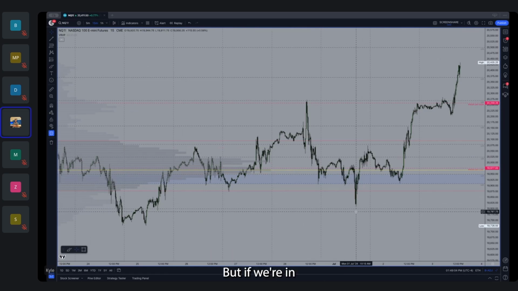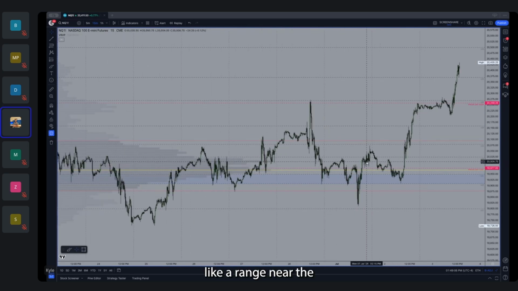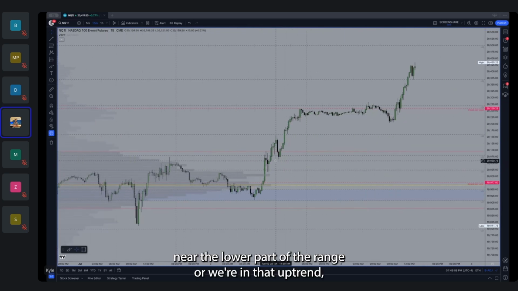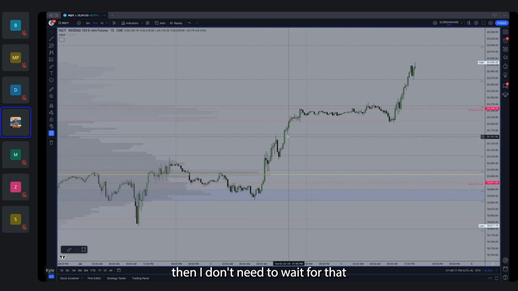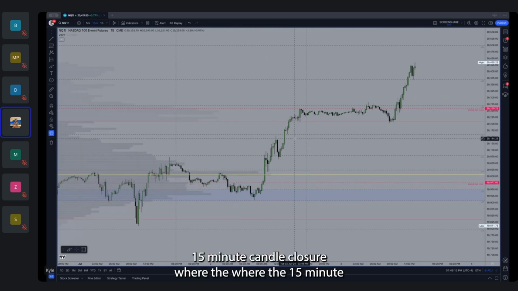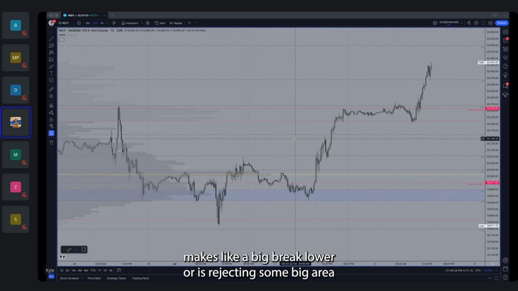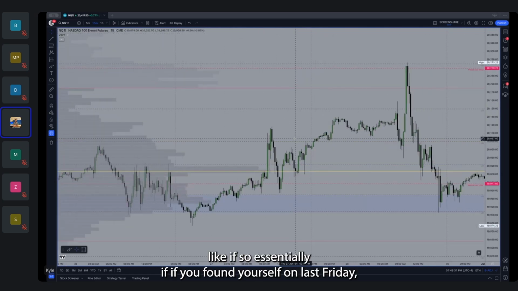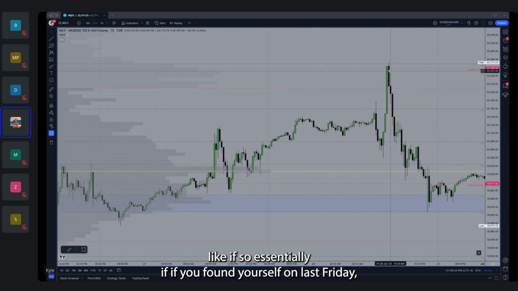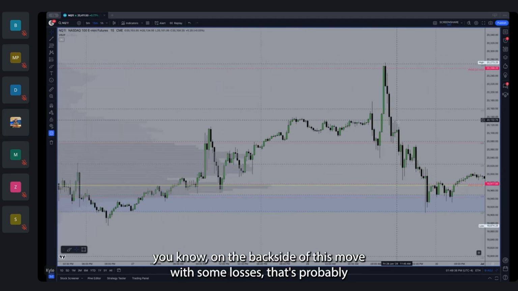But if we're in like a range near the lower part of the range, or we're in that uptrend, then I don't need to wait for that 15-minute candle closure. Where the 15-minute and those 30-minute really help is when price actually makes like a big break lower or is rejecting some big area. Like essentially if you found yourself on last Friday, on the backside of this move with some losses, this is